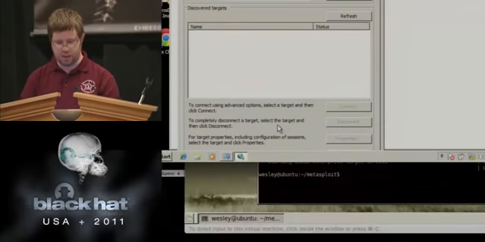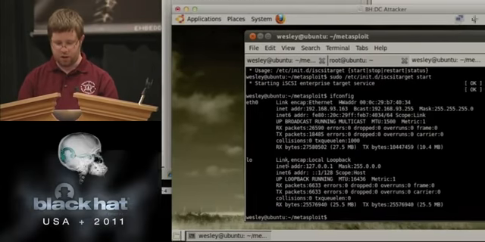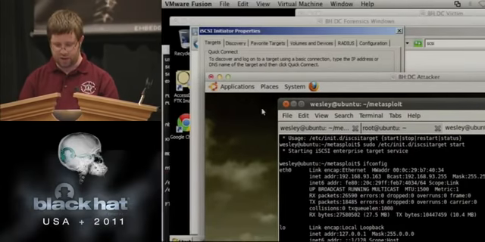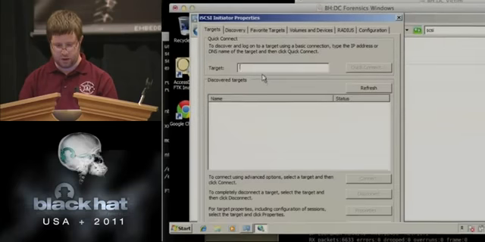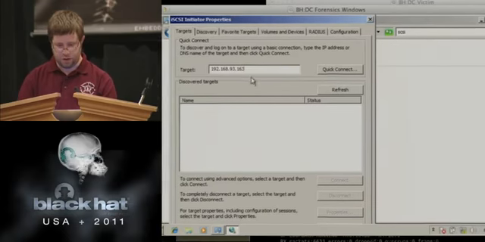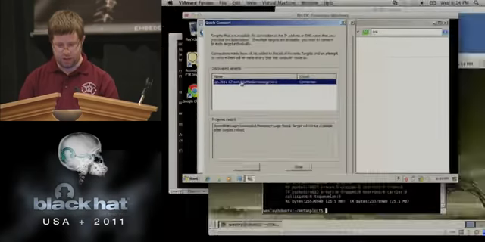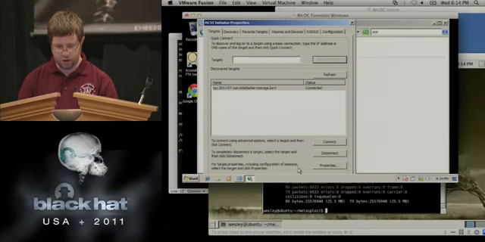And then we punch in the IP address for our attacker machine, which is running the iSCSI server, 93.163. Quick connect. And we're connected, so hopefully that'll work.